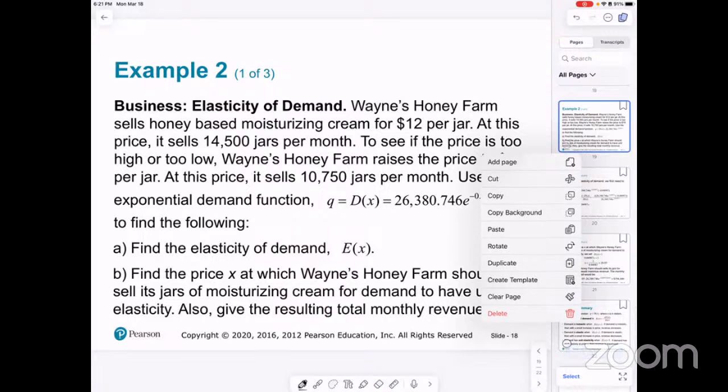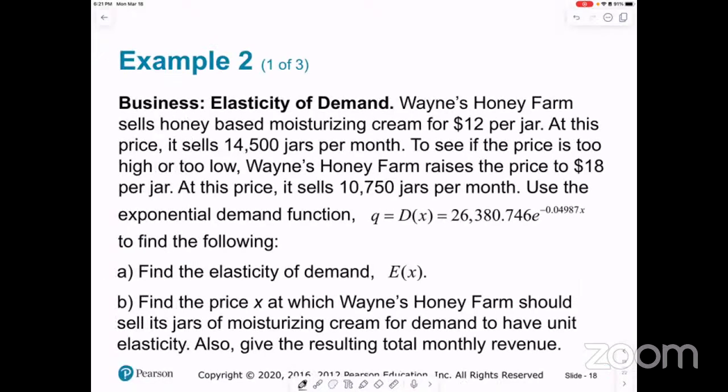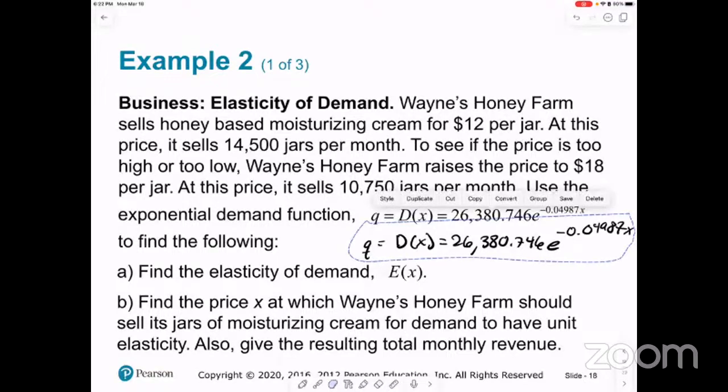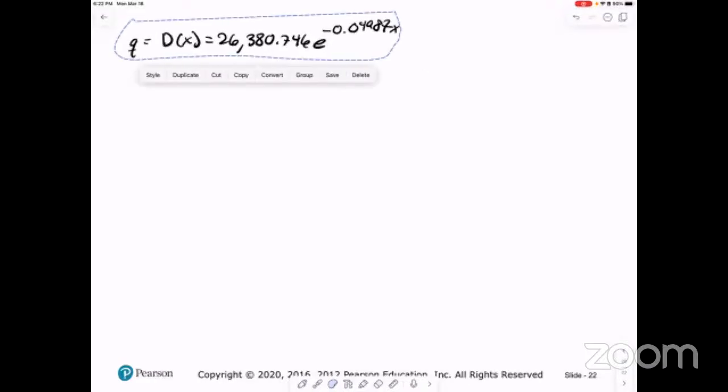Let me copy this demand function: 26,380.746 e to the negative 0.04987x. Paste. All right. So if that's our demand function, then part A